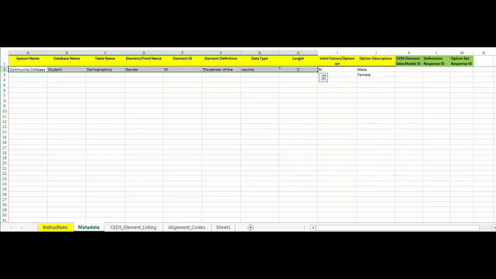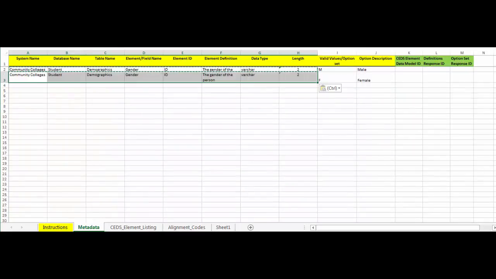Do this for each code the element contains. In our example, we will have 2 rows with repeated element information all the way up to code set. Then, we specify the 2 codes and their meanings. If you had an element with 15 codes, you would repeat the initial element information on 15 different rows, once